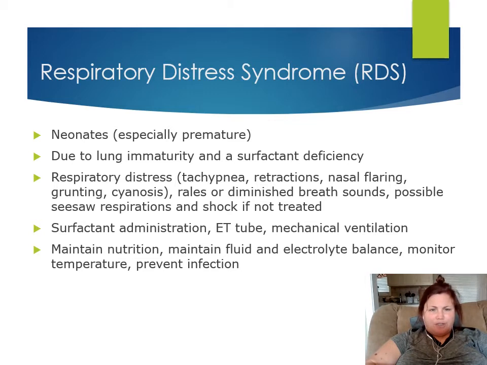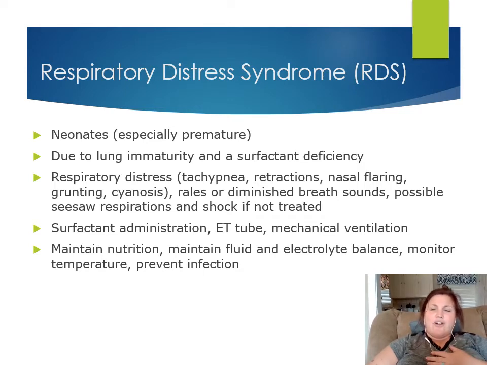RDS generally occurs in premature newborns. It's due to lung immaturity and surfactant deficiency. The patient will exhibit distress in the form of tachypnea, retractions, nasal flaring, grunting, and cyanosis. They may have audible rales or even diminished breath sounds when auscultated. They may have what's known as seesaw respirations, and if not treated, shock can result. And a lot of these